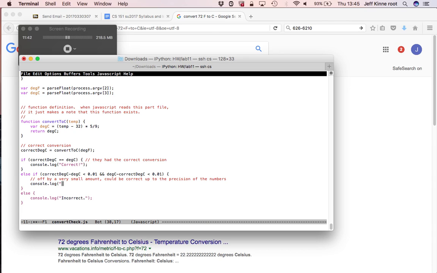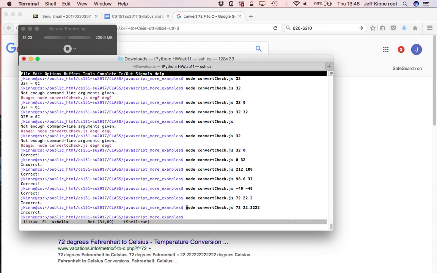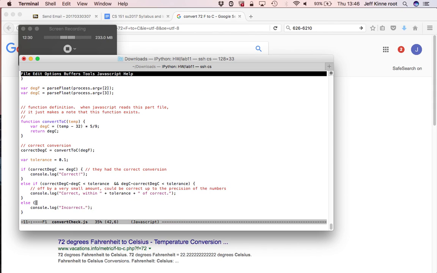We could say correct within, maybe we want to make that an option that we could easily change. Var tolerance equals 0. Why don't we give it 0.1 instead of 0.01. So here we'll say tolerance and let's see if that works now. Correct within 0.01 of tolerance. And if they're incorrect, maybe we should tell them